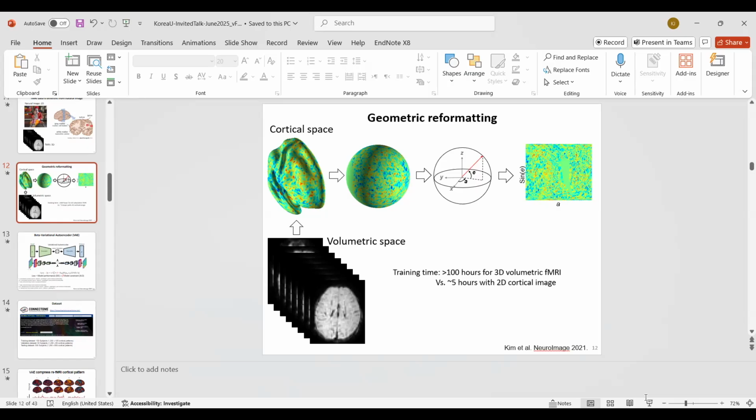그래도 제일 큰 장점은, 3D 볼륨을 2D나 1D로 만드는 방법이 되게 많았는데요. 예를 들어 볼류메트릭이 3D인데, 그레이 매터 볼륨만 복셀로 뽑은 다음에 그걸 1D로 만들 수 있죠. 그렇게 하는 경우가 굉장히 많은데, 저희가 생각하기에는 그 방법이 서브옵티멀하다고 생각하거든요. 왜냐하면